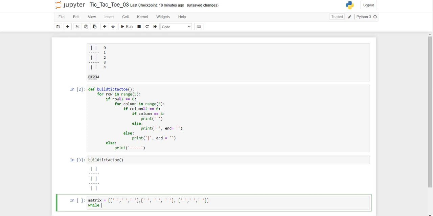Now while true, now we have to get the values. Okay, so int of input, enter the row.